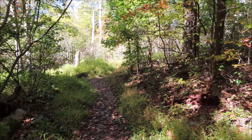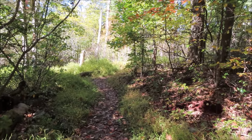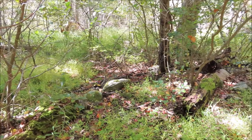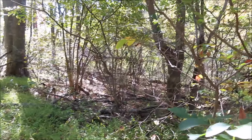Seven-tenths of a mile into my hike, I'm basically back to where I started the bushwhack. The elevation here is 2310. Right over there is the spring, and the road I bushwhacked up is that one. Got all the way up there